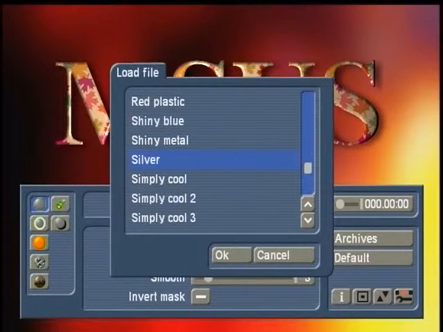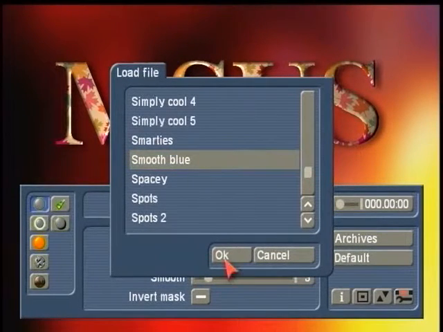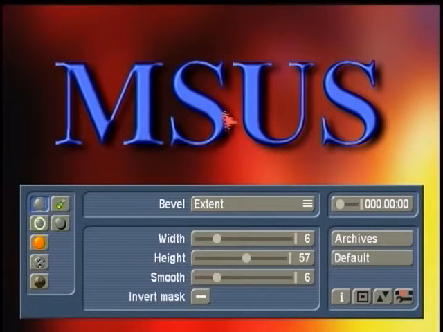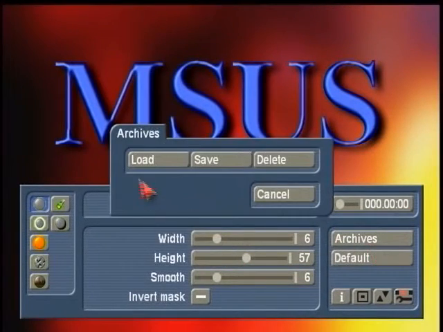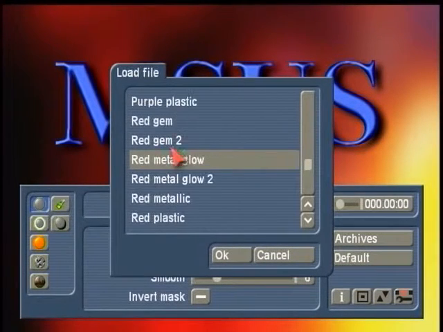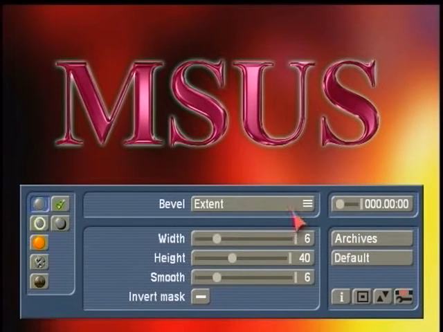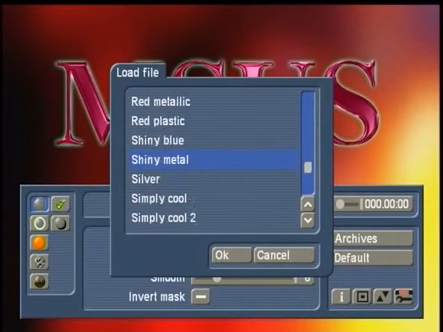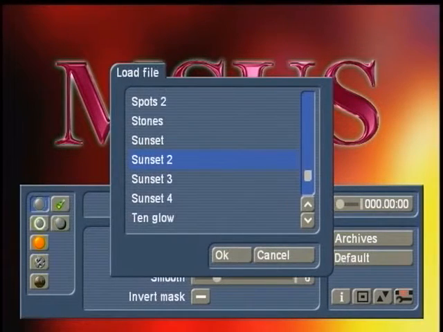Let's come down in here to the smooth blue, which is a real nice looking letter. This gives us a nice crisp blue look of the letters. We'll come up here and load. Maybe even try some up here into the red metal glow. All sorts of really nice looking reds and metallics. Great way to start out, at least with some kind of setting that you can work with,